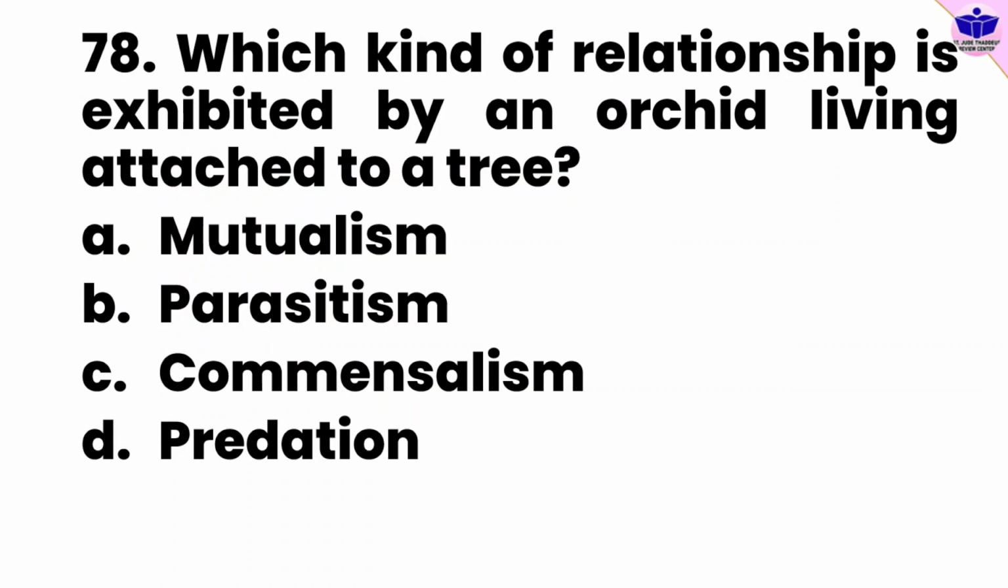Number 78. Which kind of relationship is exhibited by an orchid living attached to a tree? A. Mutualism, B. Parasitism, C. Commensalism, or D. Predation? An orchid attached to a tree is? Answer is yes, commensalism. Commensalism is a relationship where one benefits and the other is neither helped nor harmed. So in this case, the orchid benefits because it has a habitat now, but the tree is neither helped nor harmed